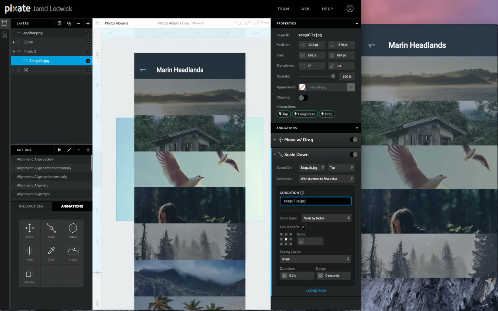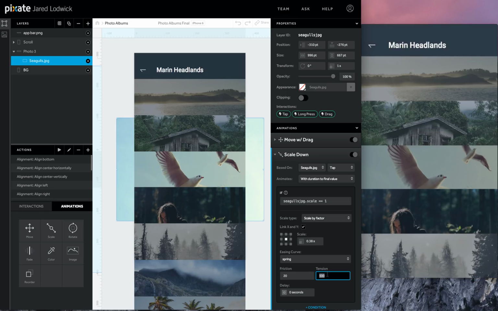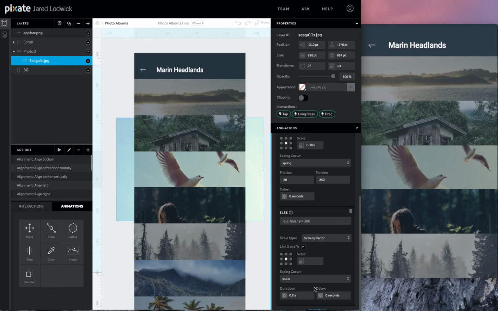So if its dot scale is equal to 1, so if it's scaled up, it's going to start scaling up to 1. We're going to scale this down to 0.38. We're going to use a spring easing curve, and we're going to keep the friction at 20, tension at 250. There's going to be no delay. Then we'll click plus condition,